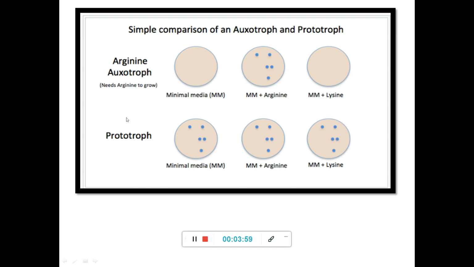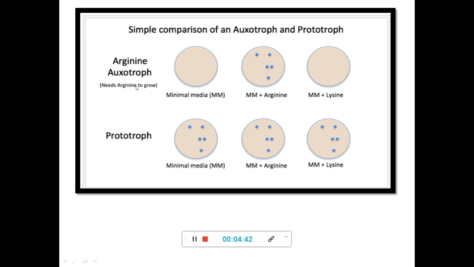So if you have an organism here which is capable of growing in a minimal media, in this media there is only carbon, nitrogen and phosphorus, and all other essential amino acids are not there. Only the building blocks of all these are there. If the organism is not mutated, it will utilize these minimal media minerals, and it will grow. But an auxotroph will not be able to grow. This is an arginine auxotroph.